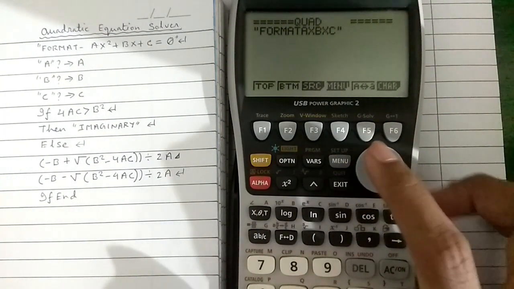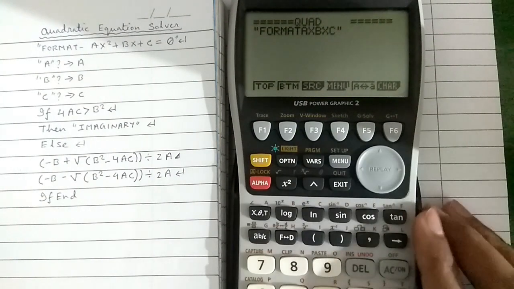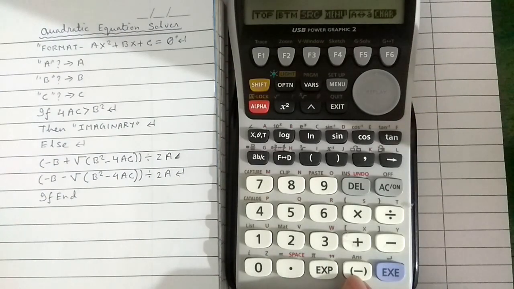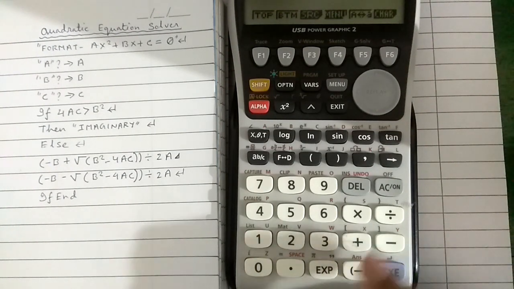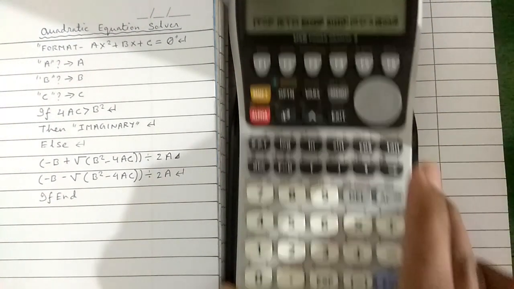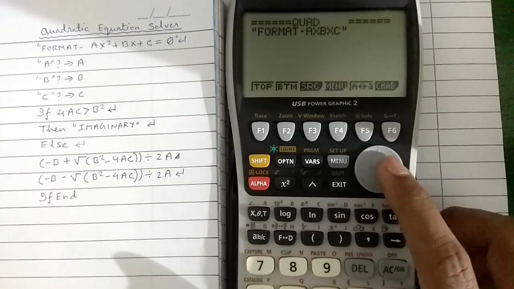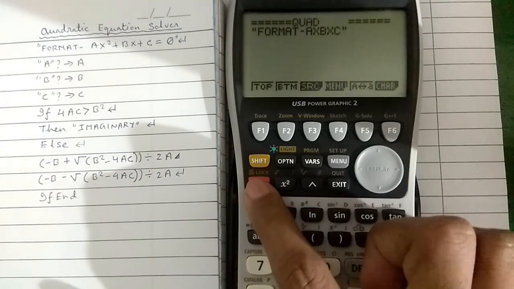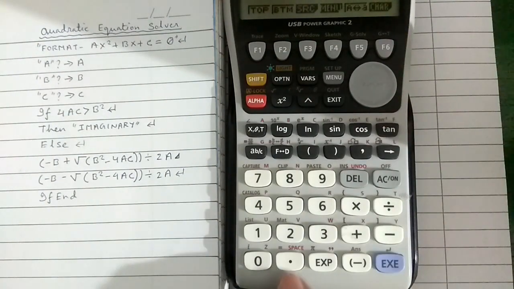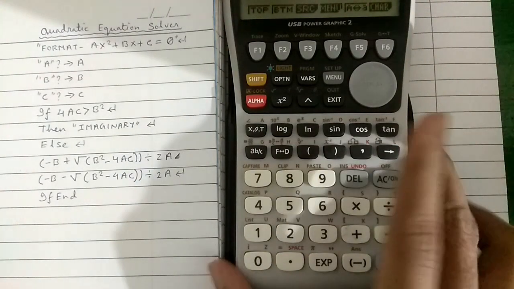Scroll to the left and enter this button for negative symbol. Remember, this is minus button and this is negative symbol. Both are different. For space, press alpha and this button for space.